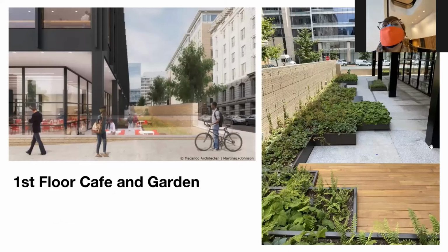We will not go out to the cafe garden, but on the 9th and G Place side, across from the Petco building, if you all are familiar with where the building is situated, we have this new beautiful garden and cafe, which is going to be a partnership with DC Central Kitchen. We're very thrilled to be working with them to have a cafe in the library. But we're just as excited that one of the key features of this cafe garden is going to be a bench that Martin Puryear, who is a famed artist, he was featured in the 2019 Venice Biennale, and he is